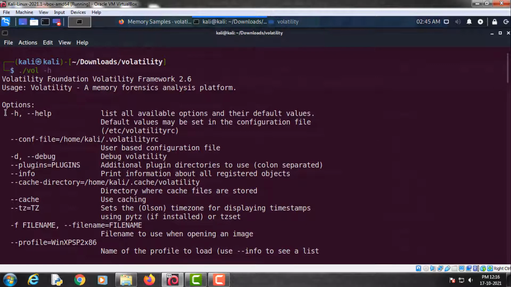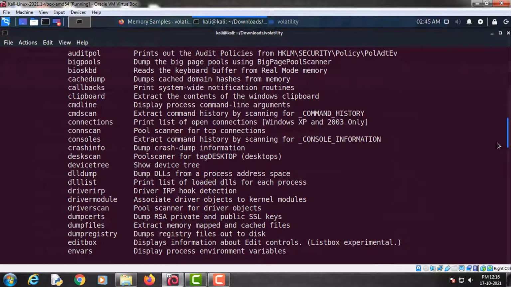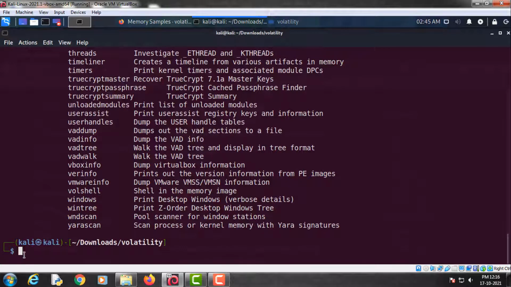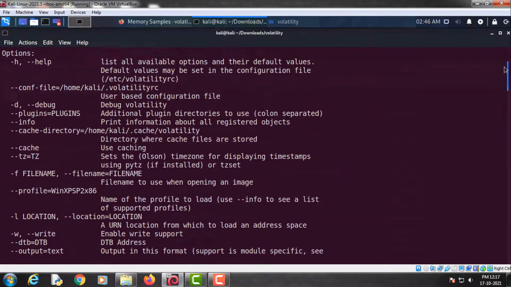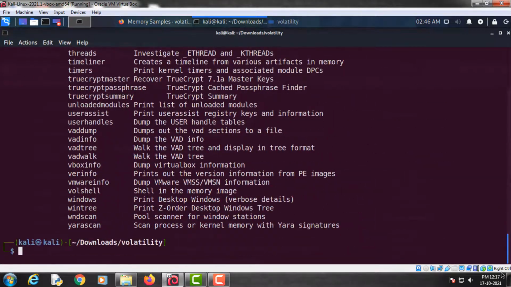So we will use this --profile parameter, and let's analyze this memory sample. Then you will get to learn more about how we can use these different parameters to analyze a memory dump.